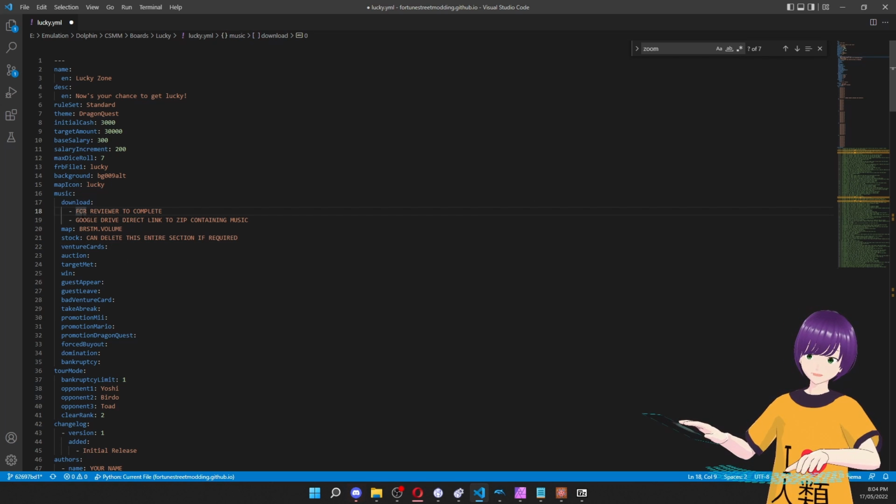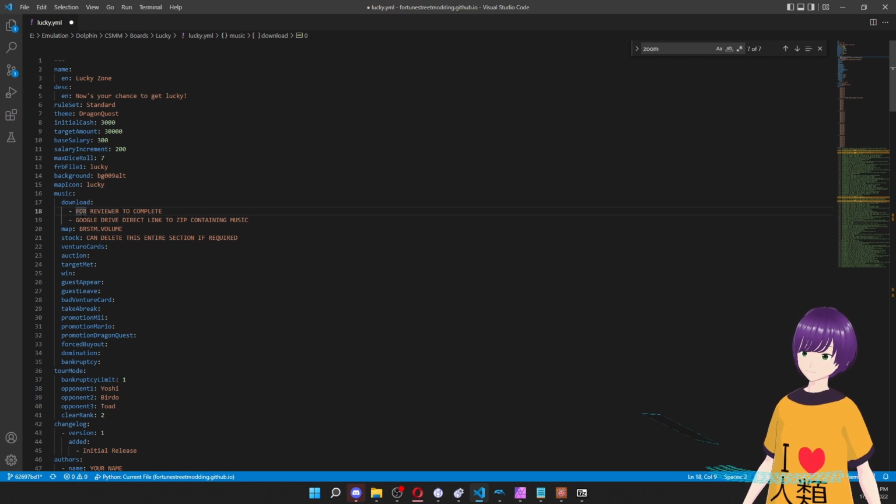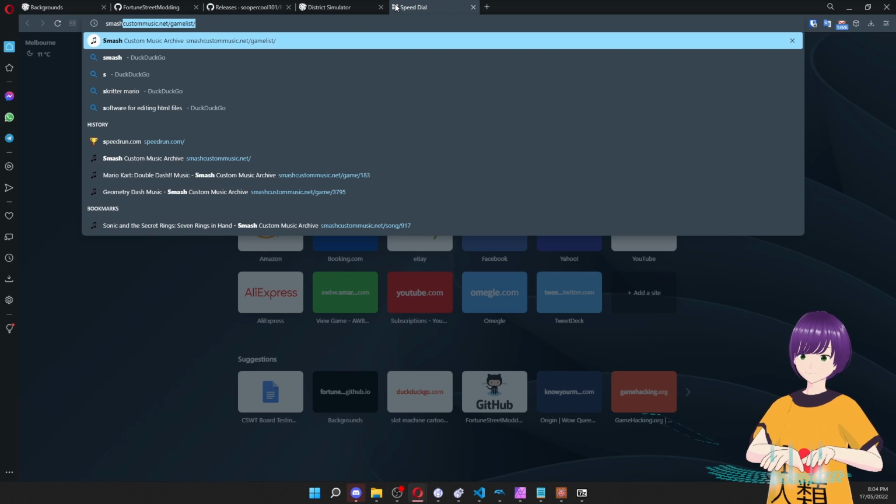And the next thing we need to decide on is music. Now, it's perfectly fine if you don't want to include music in your board. If you're using a default background, it'll grab the music from that background. Otherwise, it will grab Mario Circuit by default. So if you want custom music for your board, there's a few ways you can go about it. So one thing you can do is you can go to